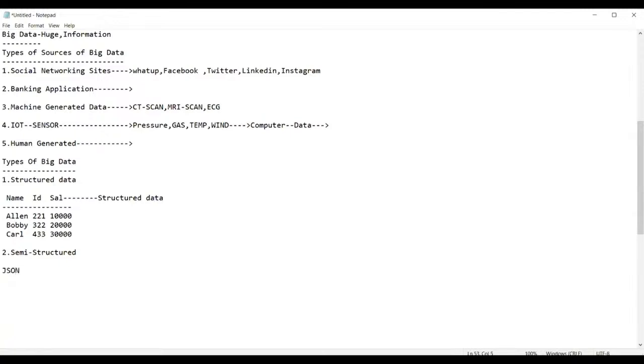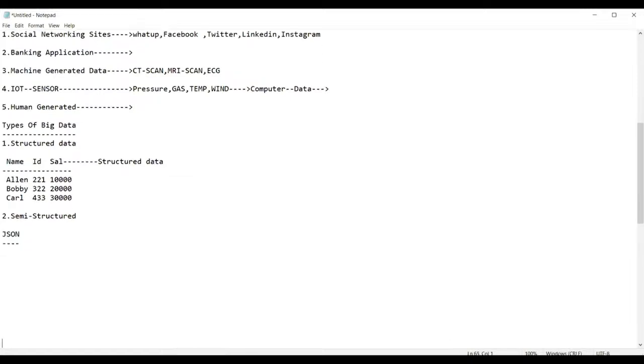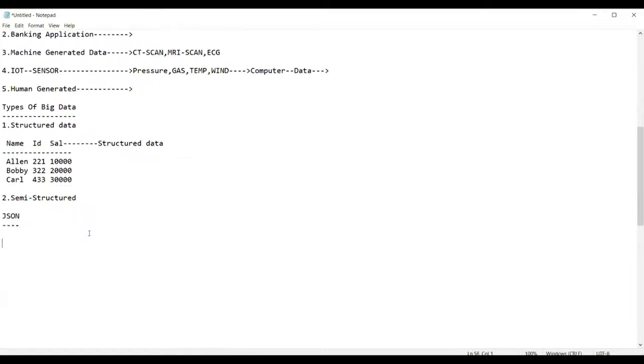I'll show you how the JSON file looks and how the data will move. The data in the JSON file will be given in curly braces. Now, if I'm defining this data in JSON format, let us see how the data will be. Name under double quotes, and use the colon, Alan. Now, guys, use a comma. After this, use it again. ID.